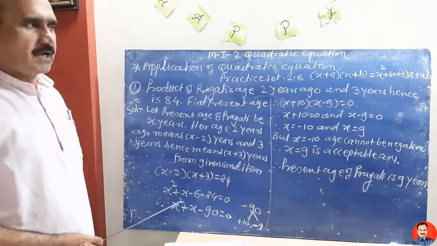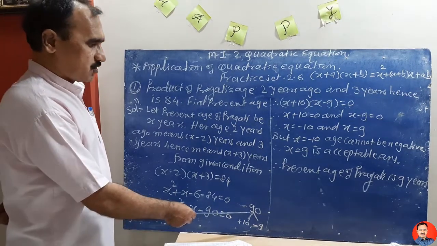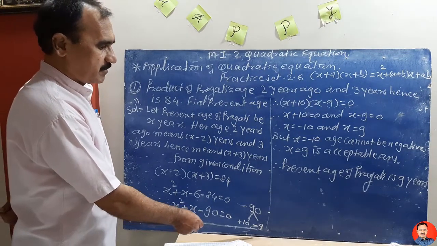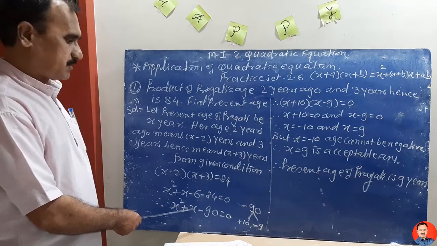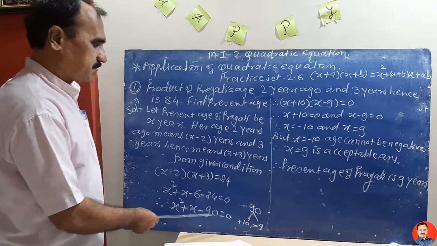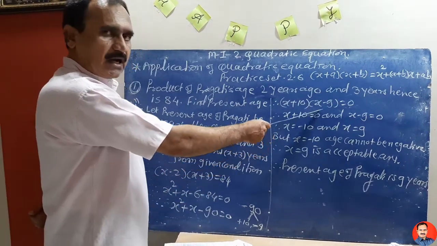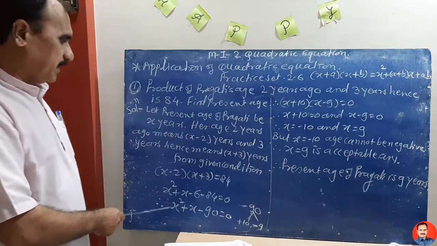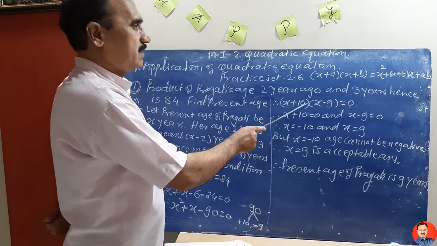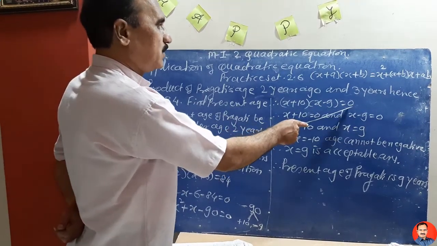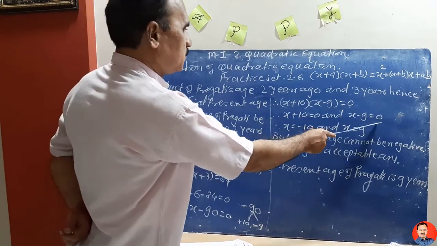This is a simple quadratic equation having coefficient of first term is 1. Here factors of minus 90 are plus 10 and minus 9. 10 minus 9 is plus 1. There is one coefficient, and 10 into minus 9 is minus 90. Then we can write direct factors. Where can we write direct factors? If and only if the coefficient of first term is 1, then we can write here (x plus 10)(x minus 9) is equal to 0. Therefore x plus 10 is equal to 0 and x minus 9 is equal to 0.